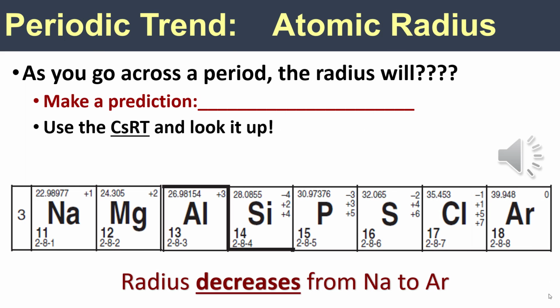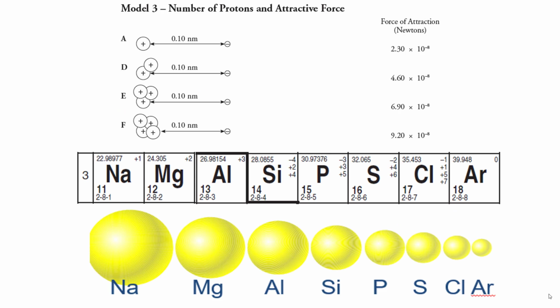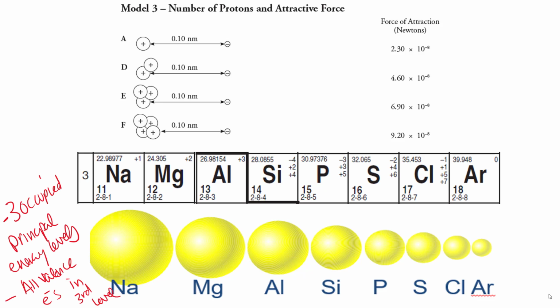In order to make heads or tails of this trend, the first thing we're going to have to do is look at the structure of the atom. The first thing you'll notice is that since we are in period 3, all of these atoms will have 3 occupied principal energy levels with their valence electrons in the 3rd level. So all the electrons are approximately the same distance from the nucleus. That's not exactly something we can look to for answering why argon would technically be smaller than sodium. The real answer lies in taking a deeper look at what is going on in the nucleus